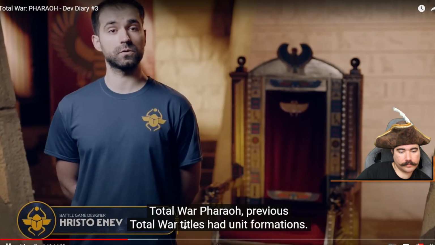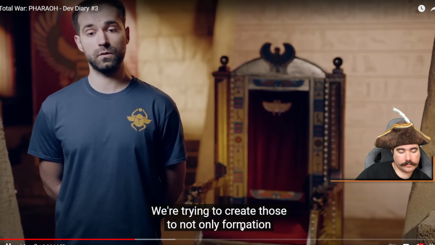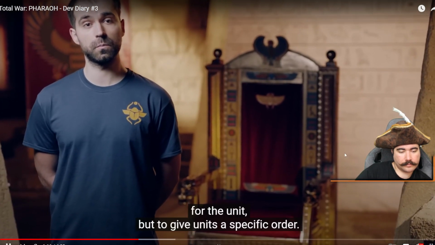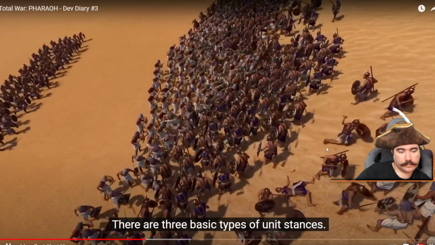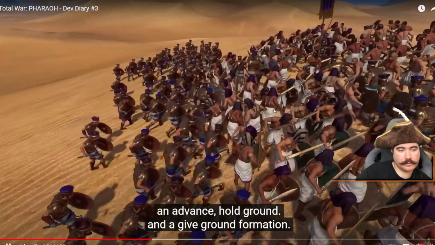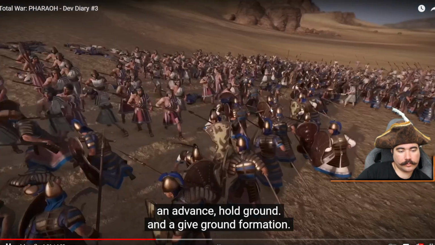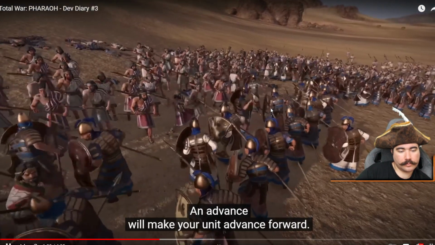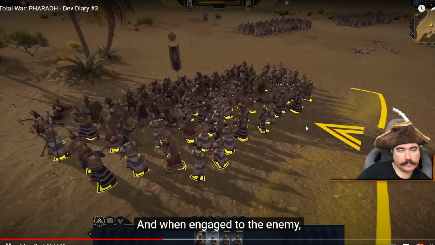Previous Total War titles had unit formations. We're trying to upgrade those to not only give a formation for the unit, but also give units a specific order. There are three basic types of units. Nice, now what is this? These are important. Hold ground, protect your position. And give ground formation. An advance will make your unit advance forward, and when engaged